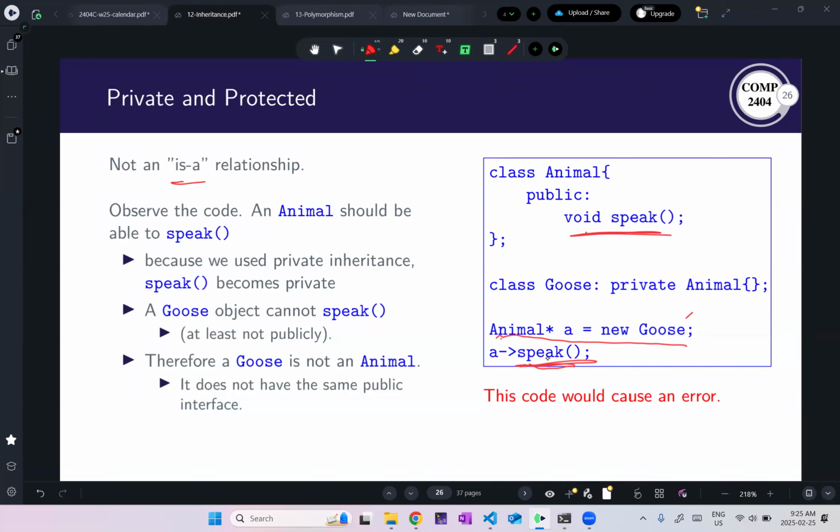Yeah, well, the compiler won't let you, but the reason why the compiler does not let you is that this will not work, right? So in my goose, if I privately inherit from animal, this speak goes from public to private, which means that even if I said goose G, and then I say G dot speak, that's not allowed, right? This will give me a compiler error, as we're going to see an example of that. But now my speak function is private in